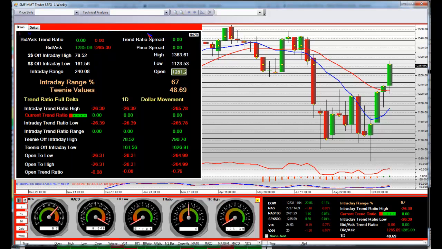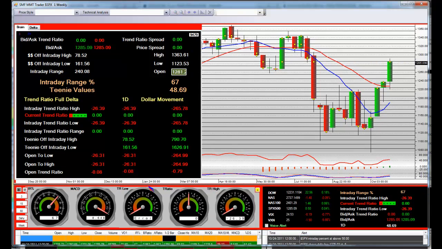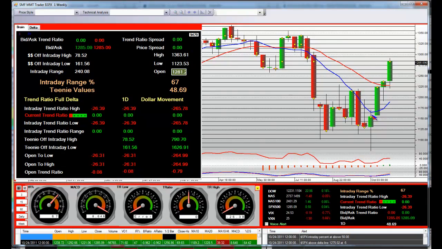Here we go, MMTs. We have our weekly chart right up here right now. This is on the S&P 500 weekly SMF market maker platform on a weekly level. Everything that we do, as you have been trained in your apprenticeship, correct, MMTs? So you know what the math is, you know what we've done here.